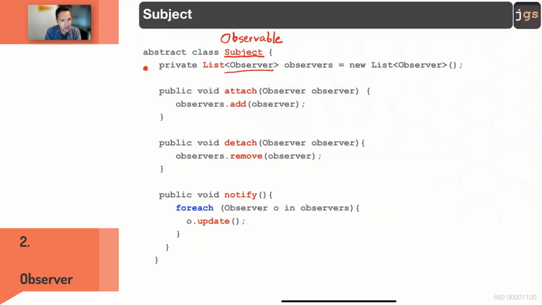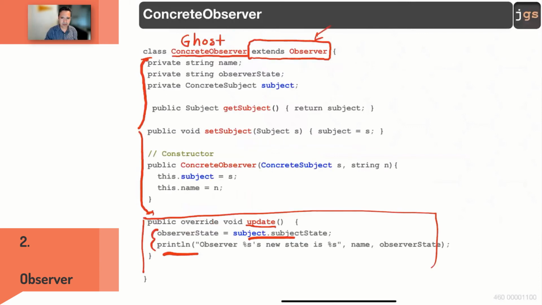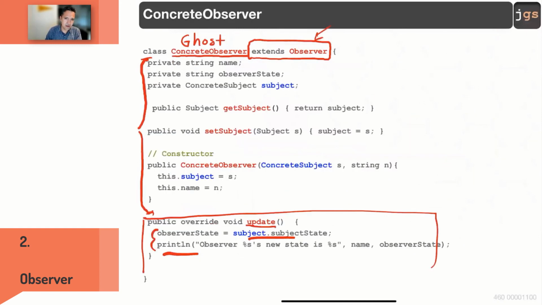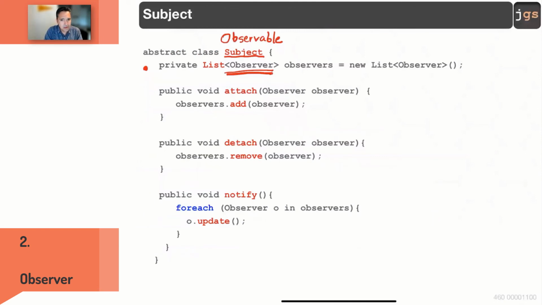Notice the polymorphic behavior. Why the polymorphic behavior? Well, because my list is a list of observers. However, inside of the list, I am going to have ghosts or students or whatever I put as children of Observer. Polymorphic, my linked list. And if I have a linked list, what I can do is add information to the list. In the original pattern, the name of the method is, for the listeners,